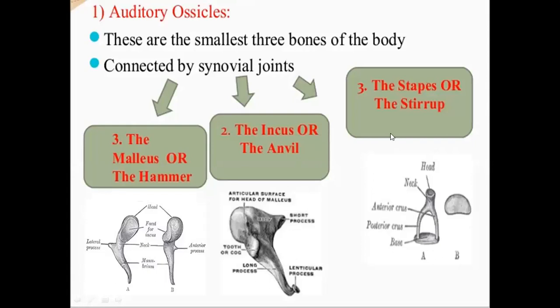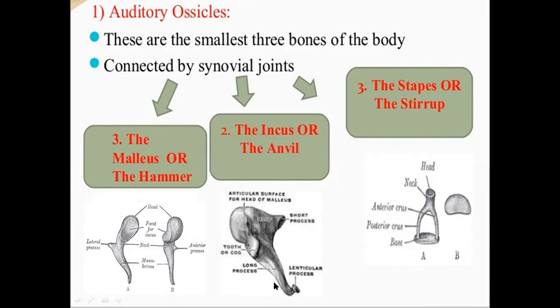So these are the ossicles. The malleus contains the head of the malleus, the neck of the malleus, and the lateral process, over which the anterior and posterior malleolar folds are attached. This is the handle of the malleus, which is attached over the convex portion of the tympanic membrane, and this is the anterior process, which is attached to the anterior wall by a ligament. This is the head again. This is the articulating area through which it articulates with the body of the incus.